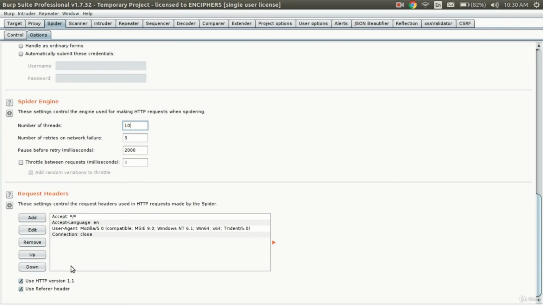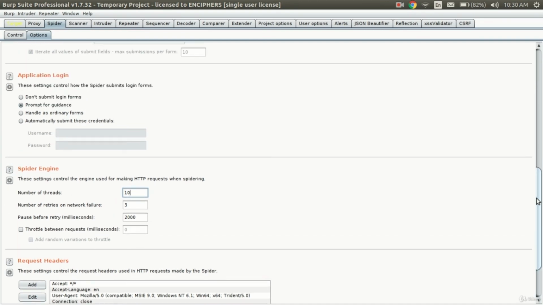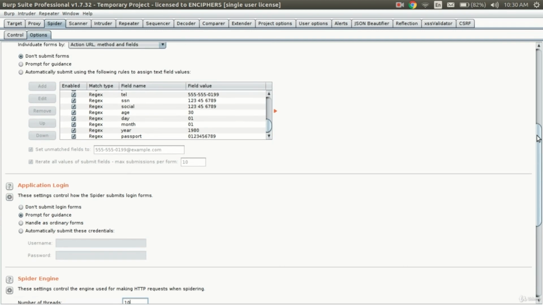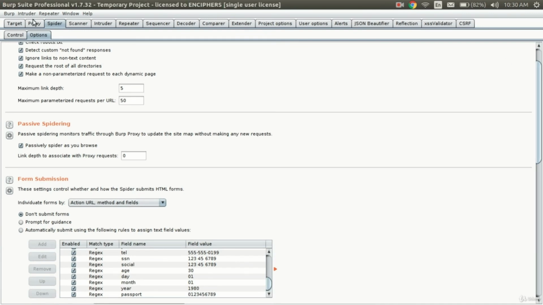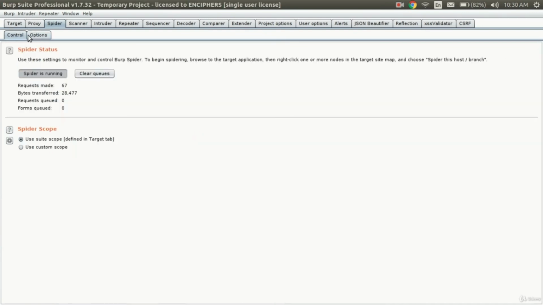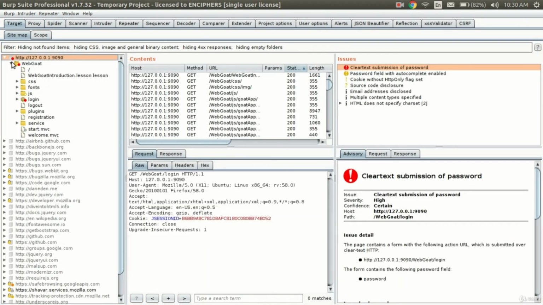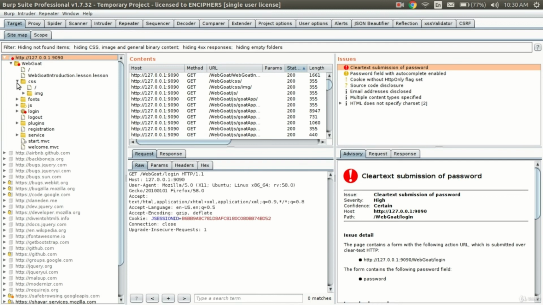You can always change it. You can also use HTTP version 1.0. It all depends on you, but most of the times the default functions are mostly okay. Okay, you don't need to change the default options always. So now we saw spider options, and about the sitemap thing I was telling. See, this is the sitemap. Okay, this is the web application itself, and inside it we can see the different functionality.